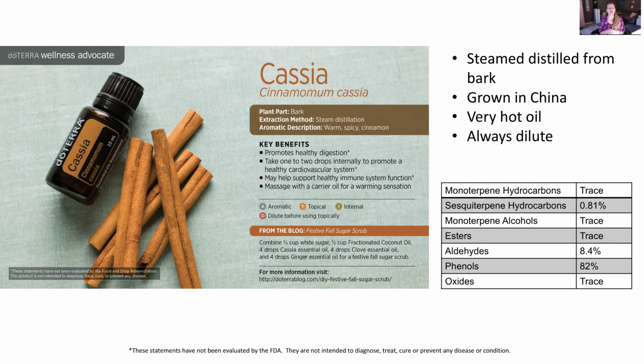So, Cassia is steam distilled from the bark. It is grown in China. This is a super, super hot oil. You never, ever want to put this on your skin without diluting it first. Because of its high phenol content, chemically,